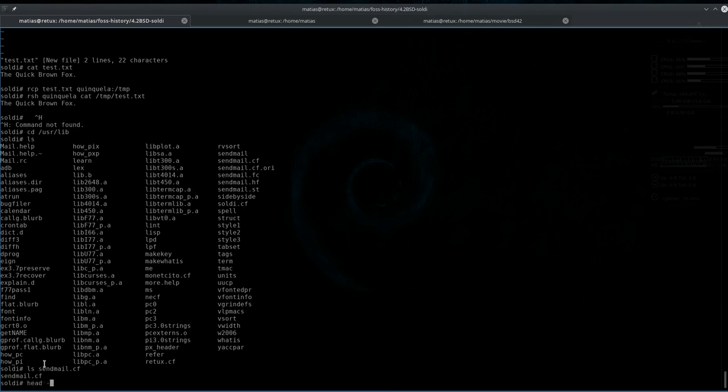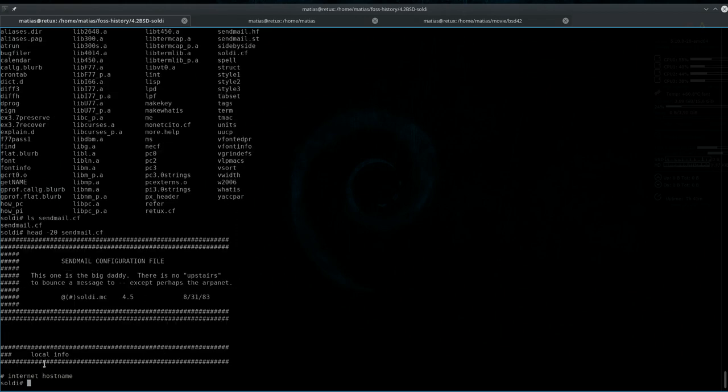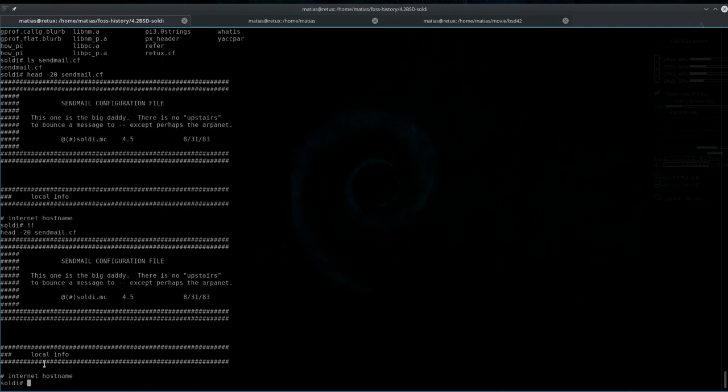Let's see some of the initial lines of the configuration file. Sendmail has a fame of being a difficult mail server, and in fact it is, but it is an incredible piece of software that is still alive after 40 years as well.